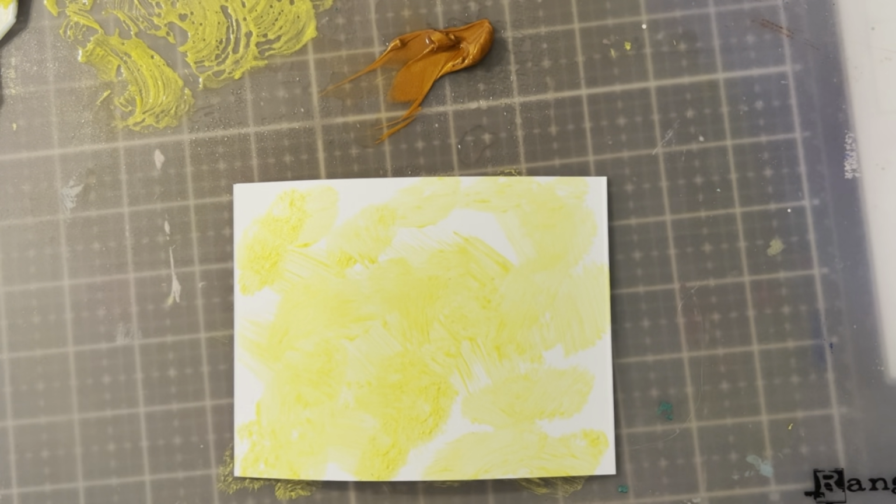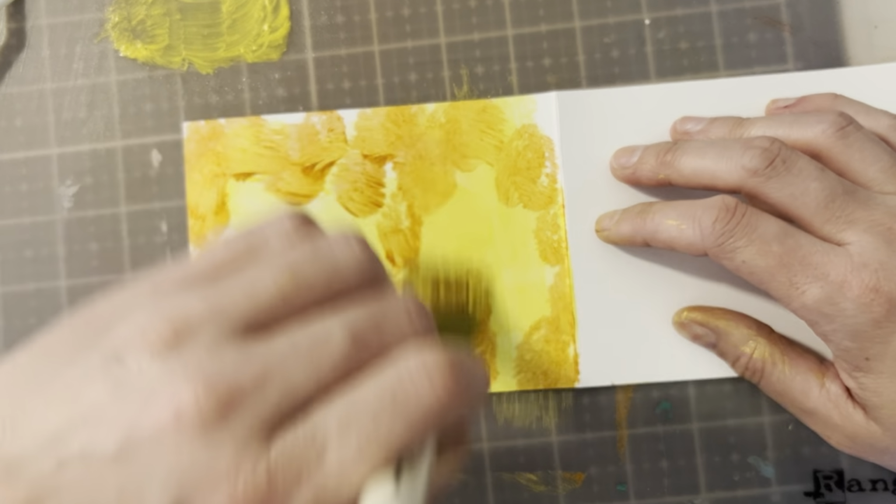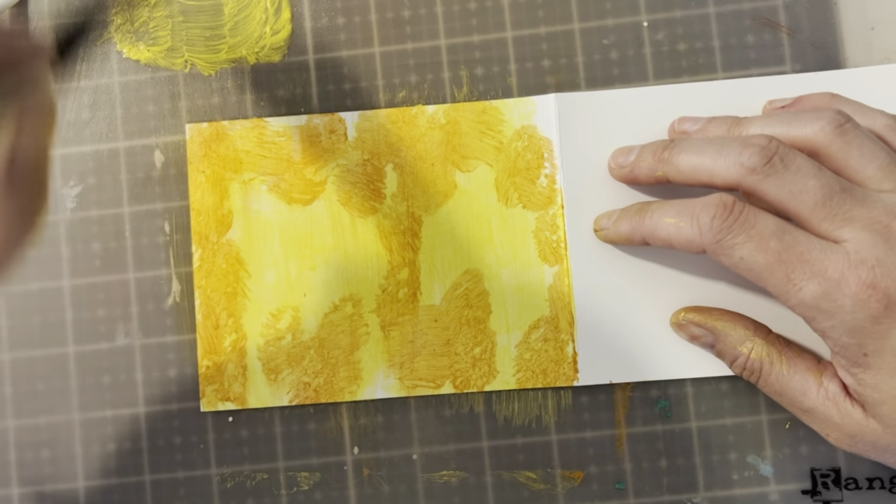And then I'm gonna do the same thing with this. I put way too much Lunar Paste down. So when you do this technique, don't use as much Lunar Paste as I have down. I'm just gonna go through and add that. Then I wanna go back and put in a little bit more yellow. I did clean up my space a little bit because I wanted to create some more yellow, some more Shooting Star paint. And this time I'm just gonna try to blend it through and see what happens here. So it is starting to blend slightly with the Roar, and it's giving a really pretty yellowish orange base, and